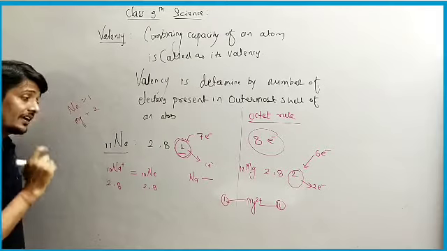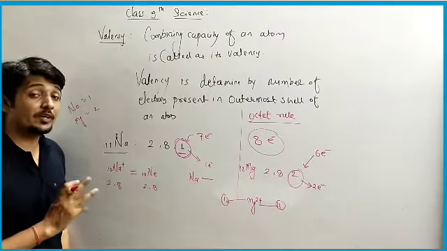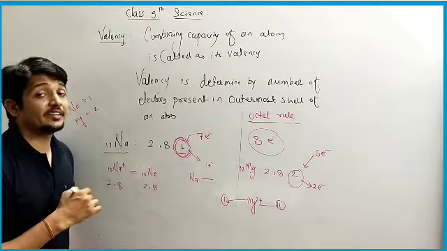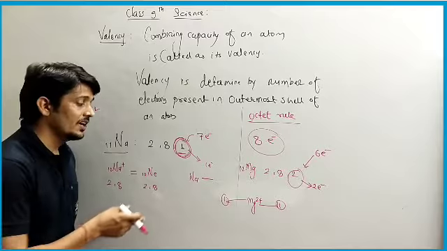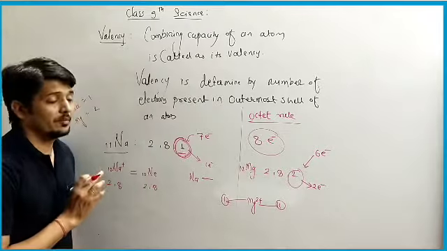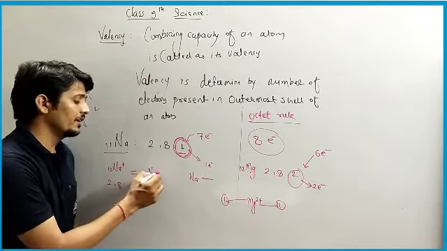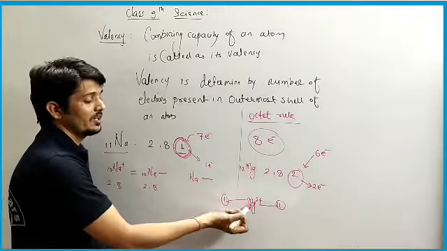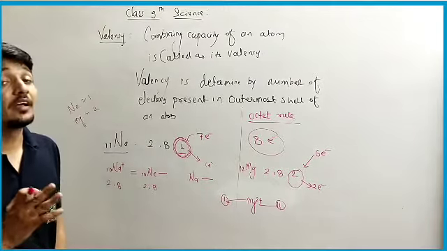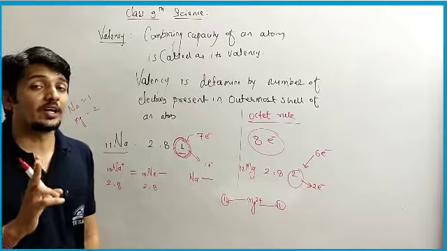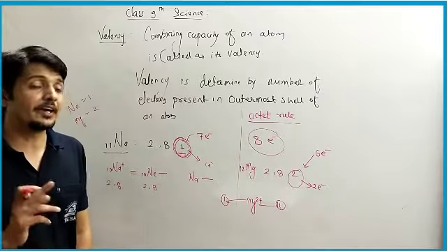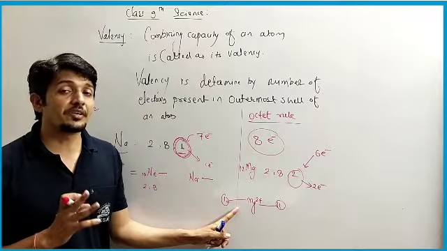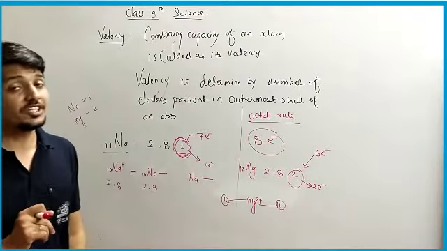So how are we deciding this valency of an atom? On the basis of number of electrons present in their outermost shell. Or we can say the combining capacity of an element. That means sodium is combining with 1 electron or one other atom only, but magnesium can form bonds with 2 other, same or maybe different atoms. That's why magnesium has 2 bond forming capacity. Hence its valency is 2.